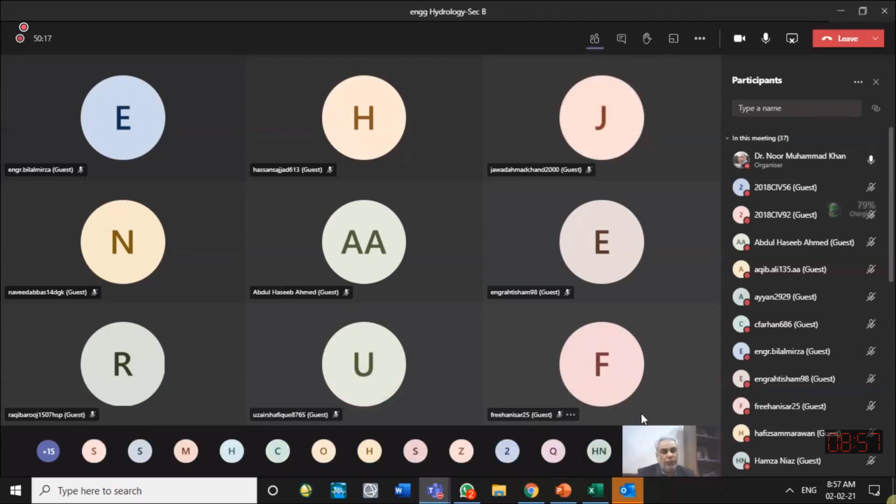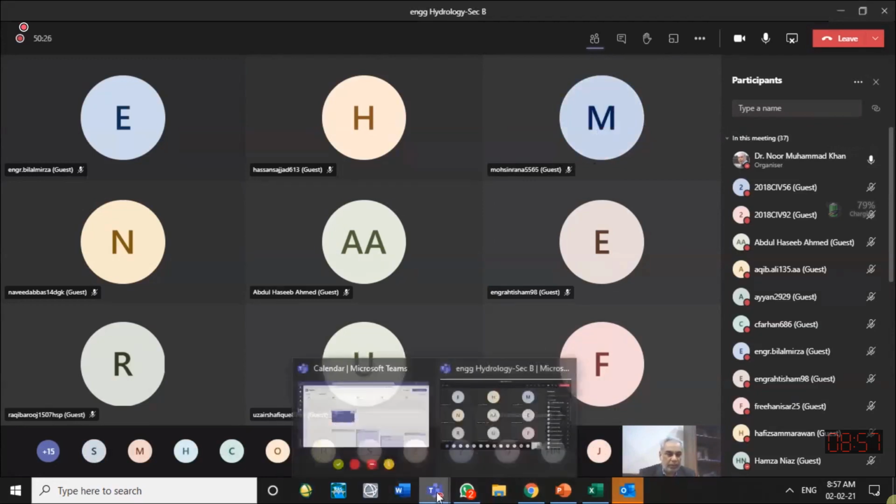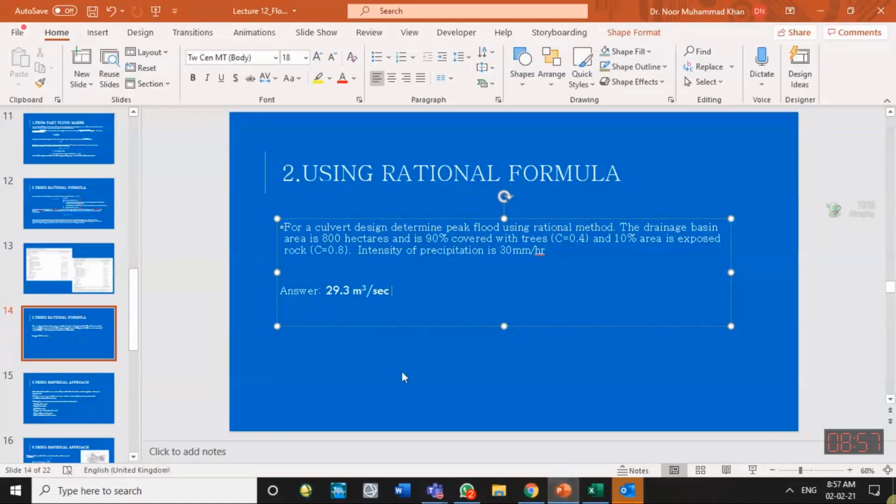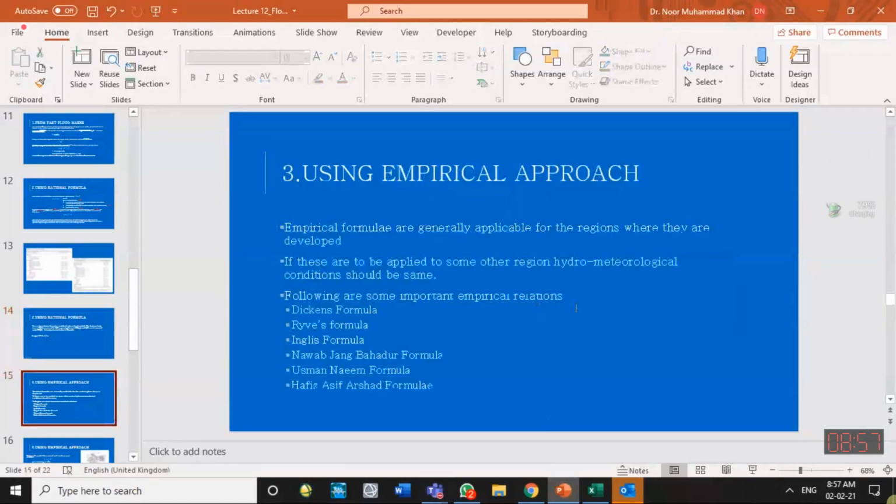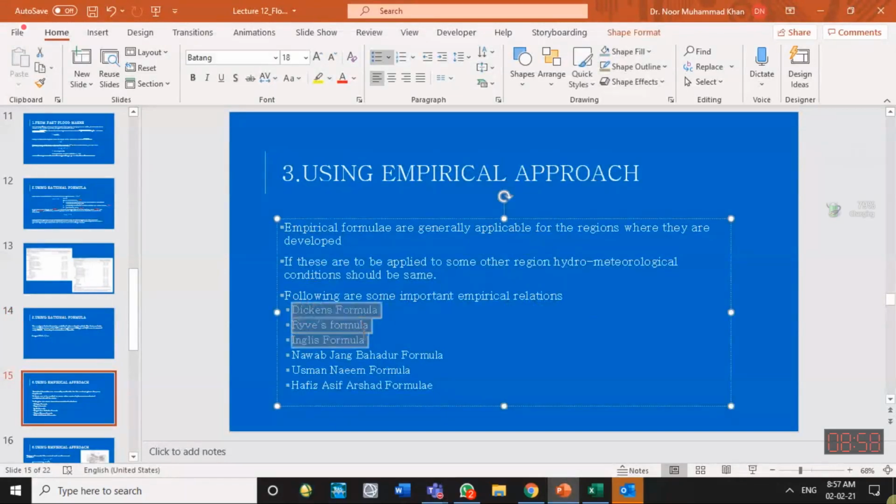Usually if we are doing the design of the dams, large structures, then we don't rely on this rational formula. We go for the other methods of flood estimation. Okay, what else? Empirical approaches are there, like English, like Khosla, like Lacey. A number of formulas are there which give us flood values in a certain area.